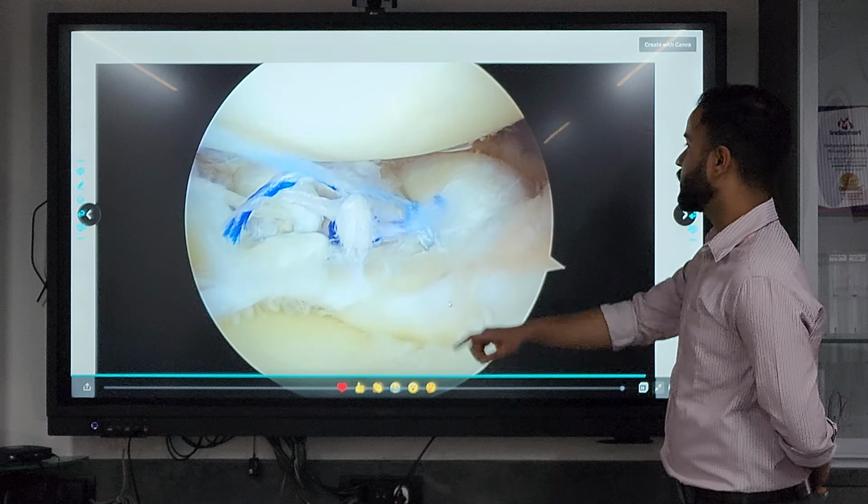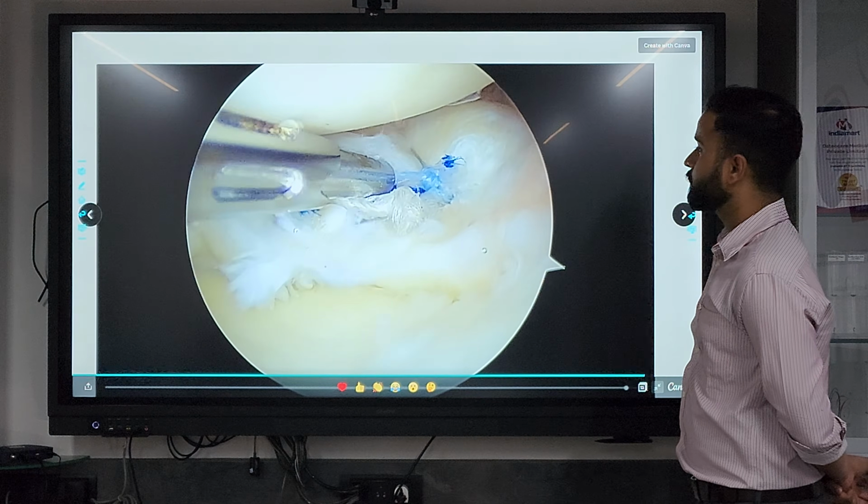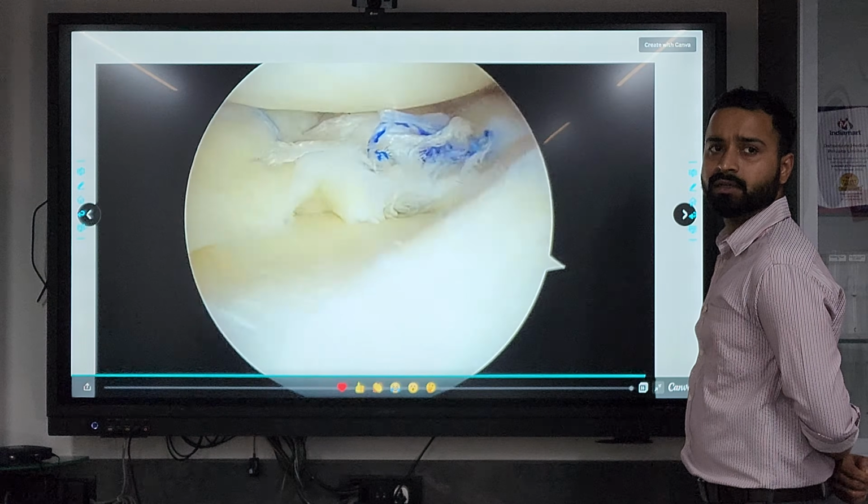That was the first all inside suture, and here is the second one. What you see now is the completed picture of the complete repair.